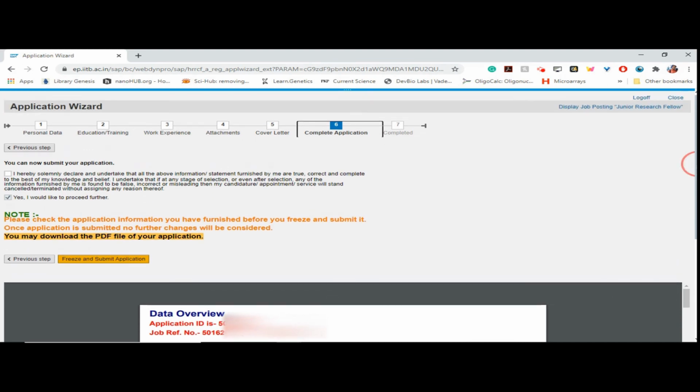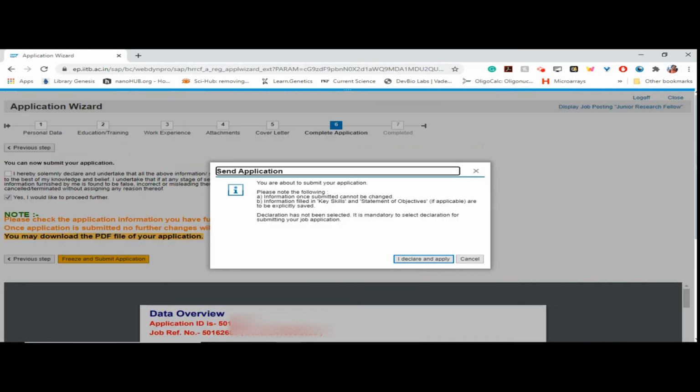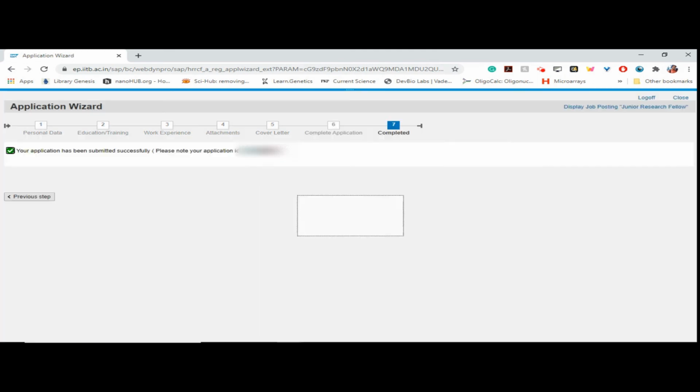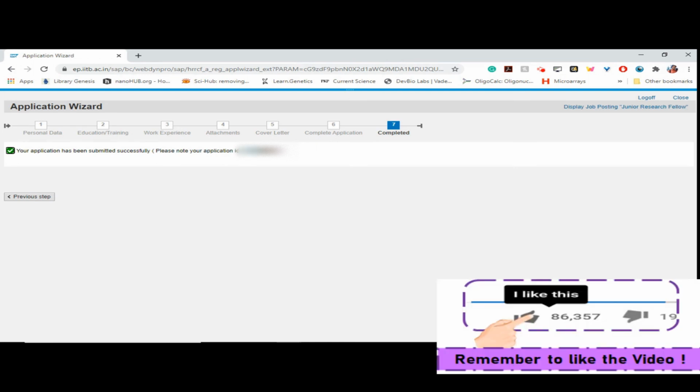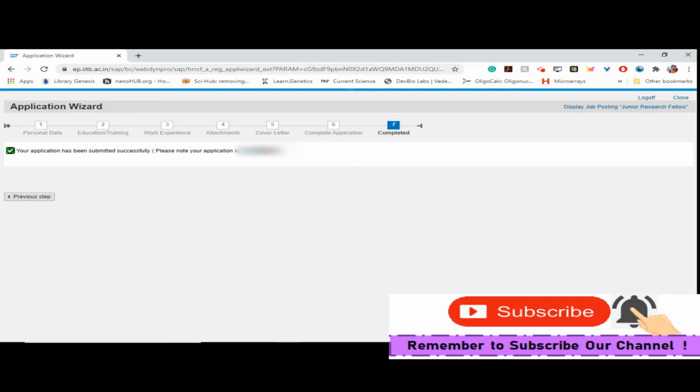And to submit this application, click on freeze and submit application. Then you have to click on I declare and apply. As you can see here, your application has been submitted, and please note down the application ID for further reference. This ID is required during the interview and selection process.